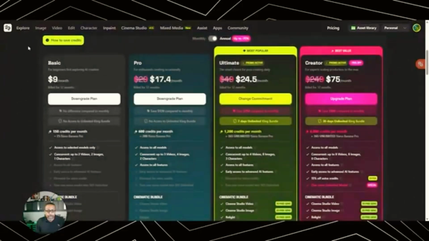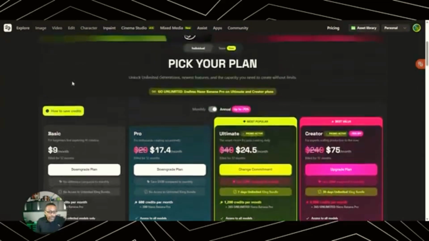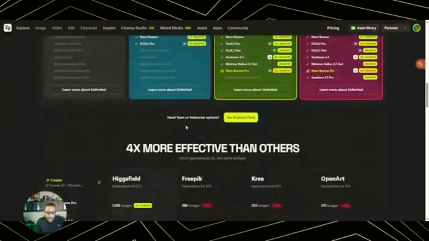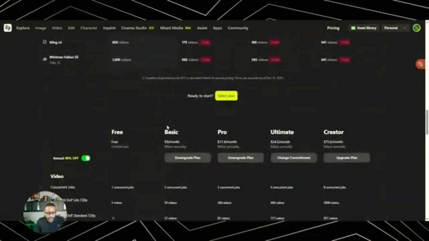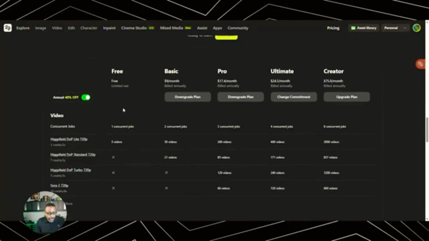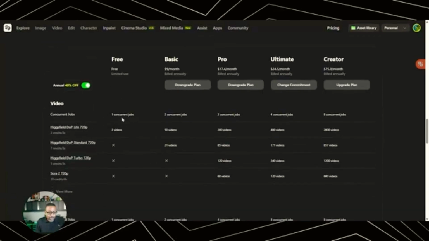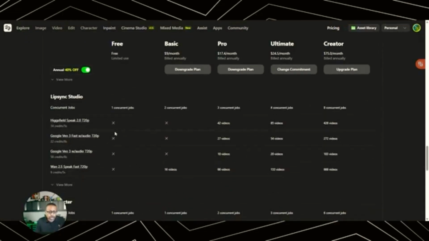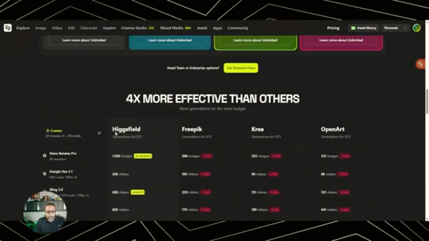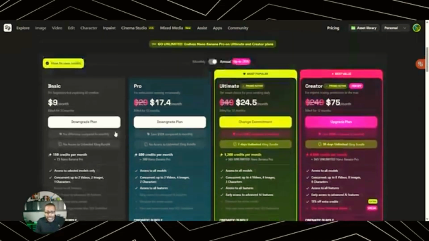Really quickly, if you look at pricing, just to show you, they have some sales going on right now. But to start off with, you have a basic plan. Let me see. Do they have a free plan here? They do have a free limited use plan here that gives you like one job. Like you don't have to wait for it to process, stuff like that. It takes a little bit of time. You kind of get three videos. You don't really get much with the free plan, but you can experiment and see what that looks like. But really what you want to get into is either